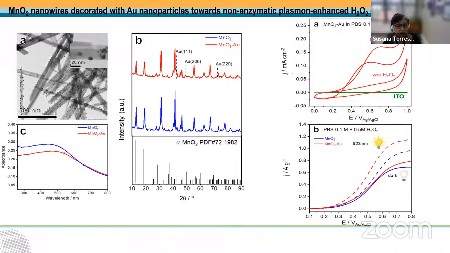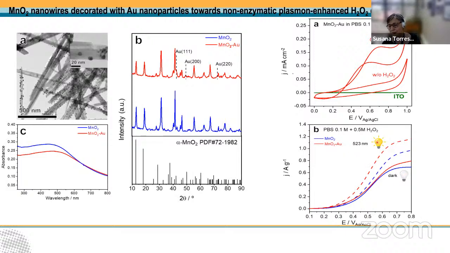So we have here the change in the spectra. We can see here that the structure of the manganese oxide does not change when we decorate with gold. So we have the same material. And we also use it to determine the peroxide. So we can see here with no illumination and with hydrogen peroxide. And here you can see when we have the manganese oxide or the manganese oxide decorated, in dark